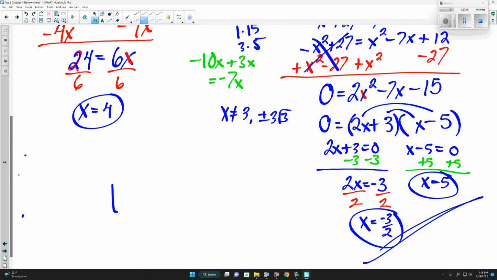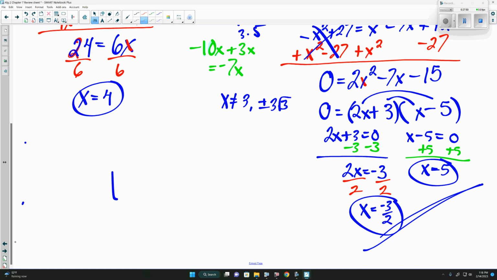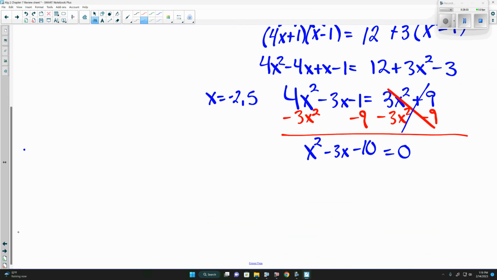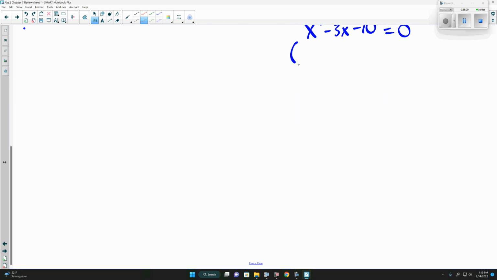Because if we look back at 32, 2x squared, one of them is going to end up being divided by that 2, or the factors of the number in front of x squared. So we're going to have a fraction. Here, we don't have a number in front of x squared, so there's not that division, so most likely we'll get whole numbers. If we did factor it, it would have been x minus 5 times x plus 2 is 0,